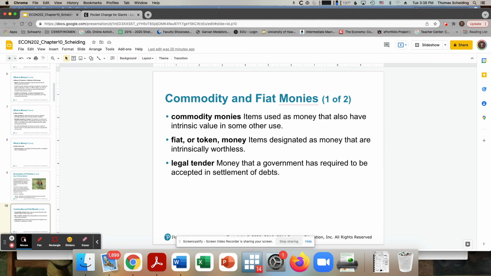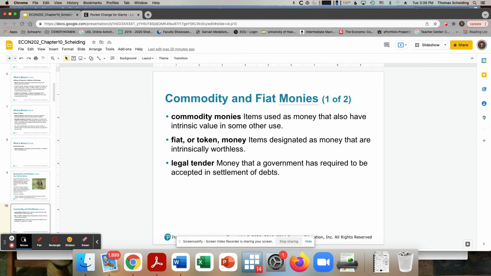I guess you could even say that stone had an intrinsic value. You could use it as a paperweight or something else, I guess. It's just you don't see those very often, if at all, in modern economies. The last time they were used in the U.S. for consumers to own them as tradable coinage would be 1933. President Franklin Roosevelt, with the Great Depression, changed the currency from a commodity money to a fiat money.